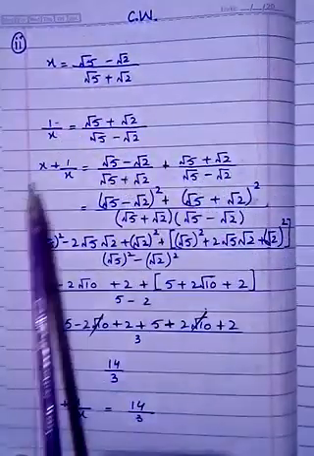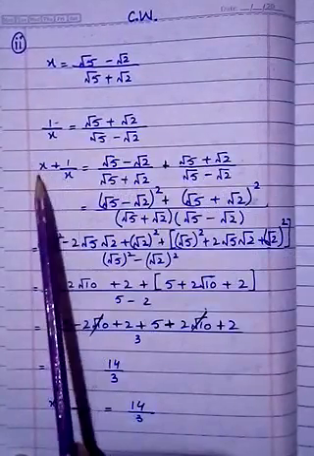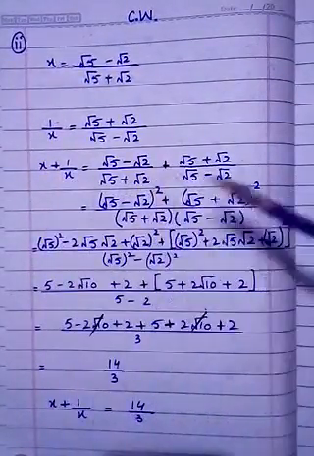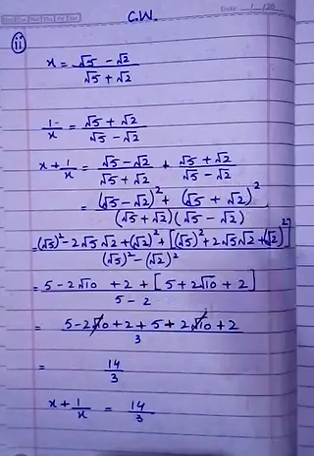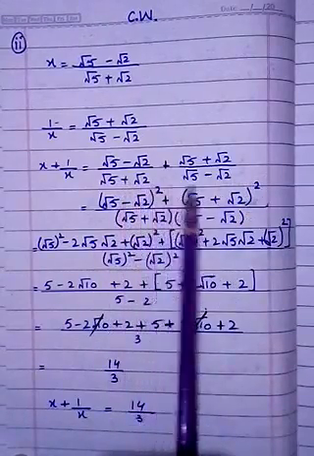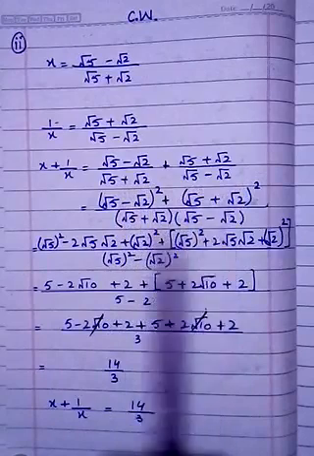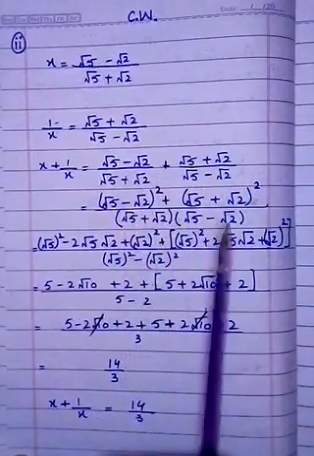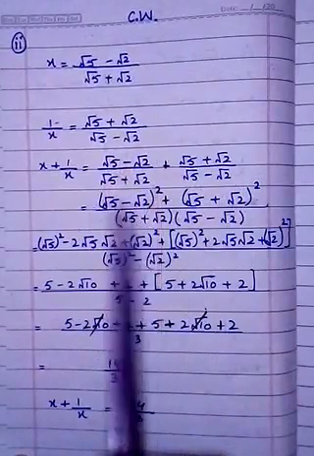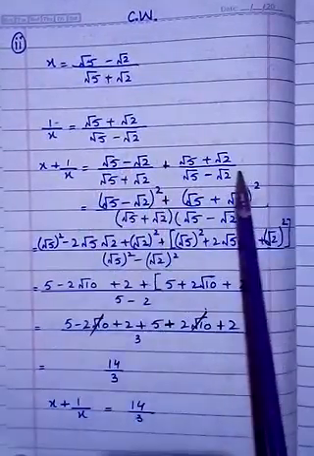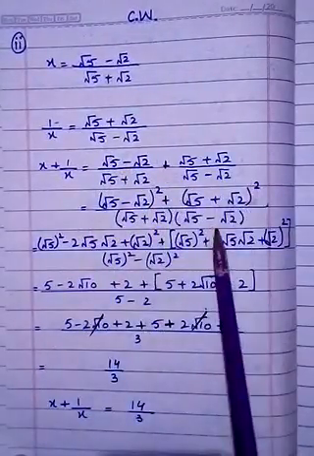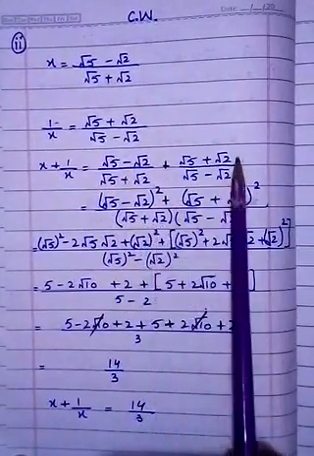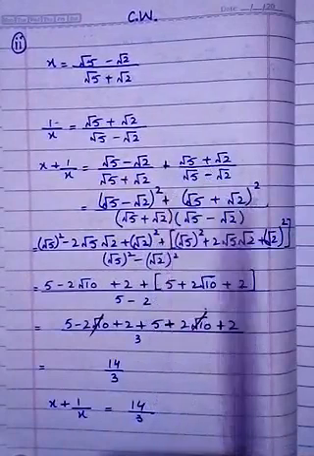Now first of all you have to find x plus 1 by x. Put the value of x and put the value of 1 by x. Now you have to add. You have to take the LCM. Its LCM is under root 5 plus under root 2 and under root 5 minus under root 2. Now the same term will be cancelled here. Now the left term is the minus term, multiplied by the numerator. You can write it in whole square. Now under root 5 minus under root 2 cancels with that term. Now the remaining term is under root 5 plus under root 2 multiplied by the numerator, and write it in whole square.